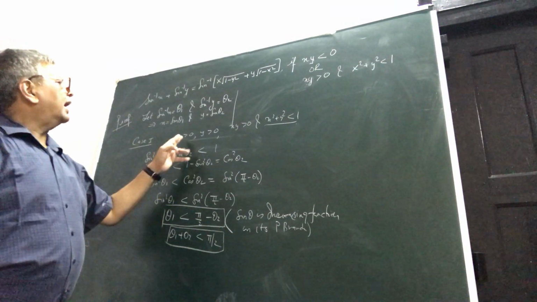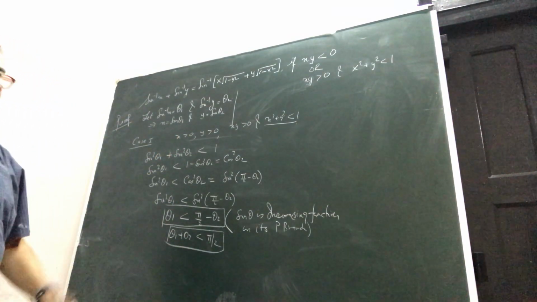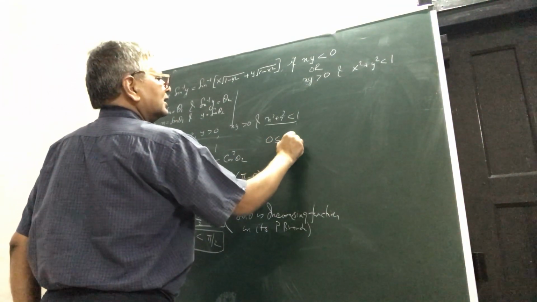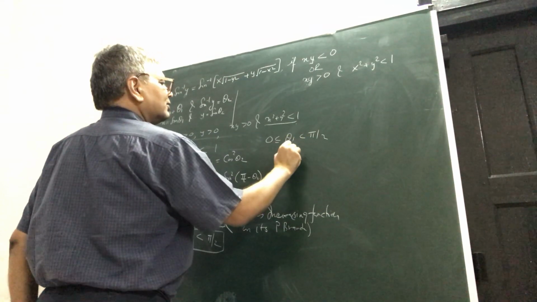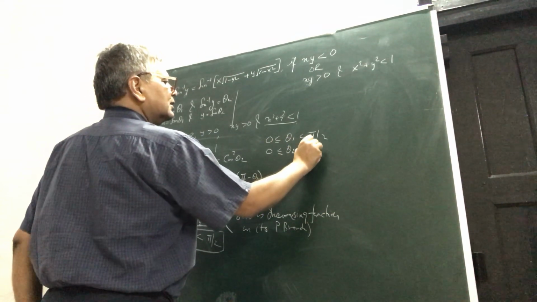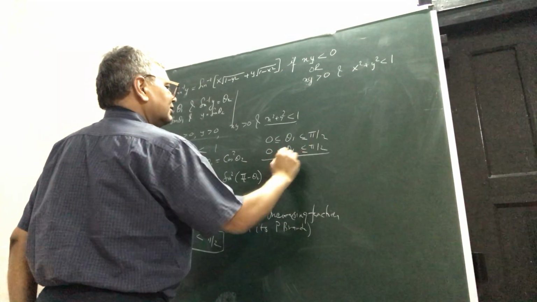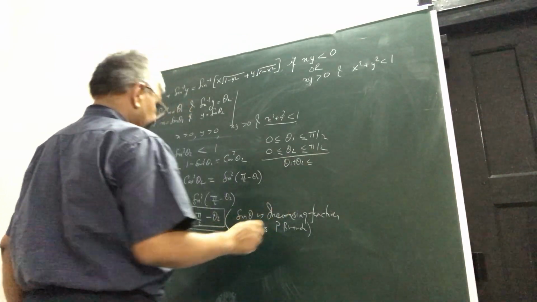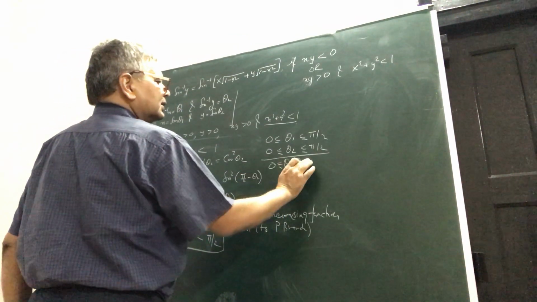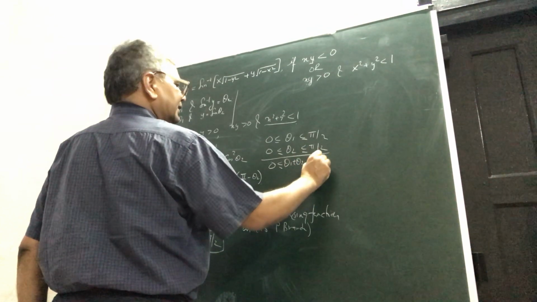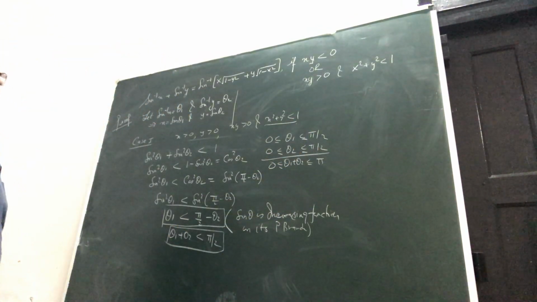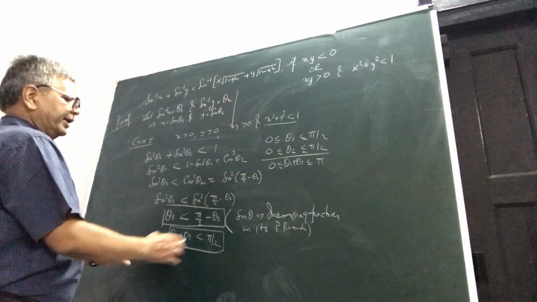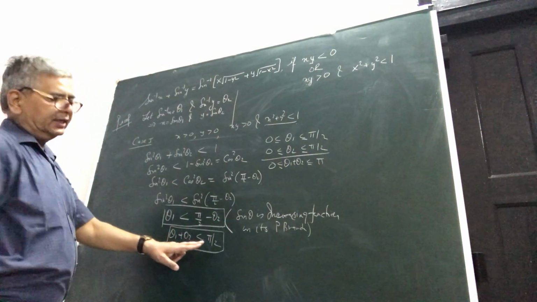Of course, see, x is greater than 0, y is greater than 0. What does it mean? That 0 is less than theta 1 is less than pi by 2 and 0 is less than theta 2 is less than pi by 2. So theta 1 plus theta 2 you can show is greater than 0. That's all. The upper bound will be pi, so we will leave it right now. What we have shown is pi by 2. Left inequality we will take. So point is that theta 1 plus theta 2 is lying between 0 and pi by 2,